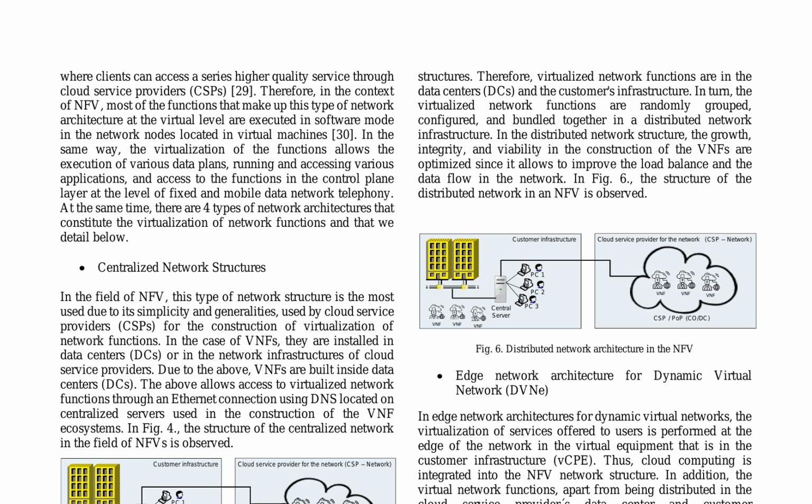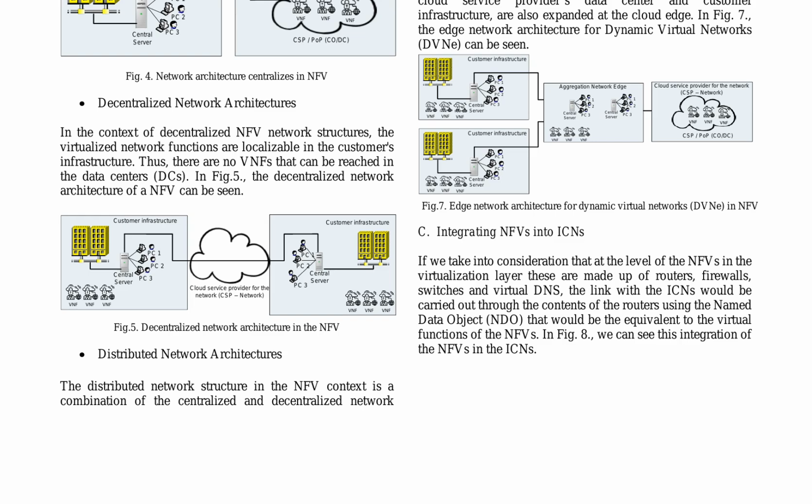Centralized network structures are the most used due to their simplicity, with VNFs installed in data centers or cloud service providers' network infrastructures. Decentralized network architectures have VNFs localized in the customer's infrastructure. Distributed network architectures combine centralized and decentralized structures, optimizing growth, integrity, and viability in VNF construction. Edge network architectures integrate cloud computing into the NFV network structure, with virtualization of services offered to users at the